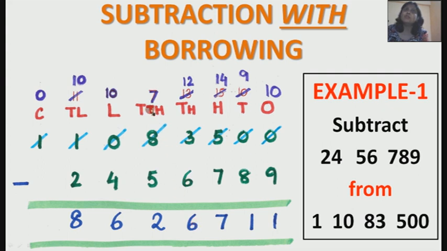Moving on to the 10,000s place, we are lucky that we have 8 ten-thousands minus 5 ten-thousands. But let us not forget that we have given 1 ten-thousand to the thousands place. So that has to be minused. So now we are left with not 8 ten-thousands, we are left with only 7 ten-thousands. So 7 ten-thousands minus 5 ten-thousands give us 2 ten-thousands. And the sum proceeds from the right to the left in the same way.